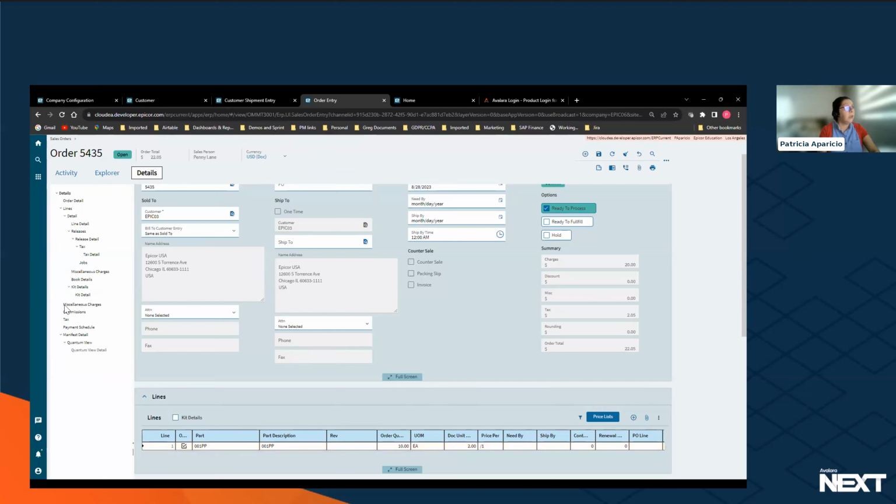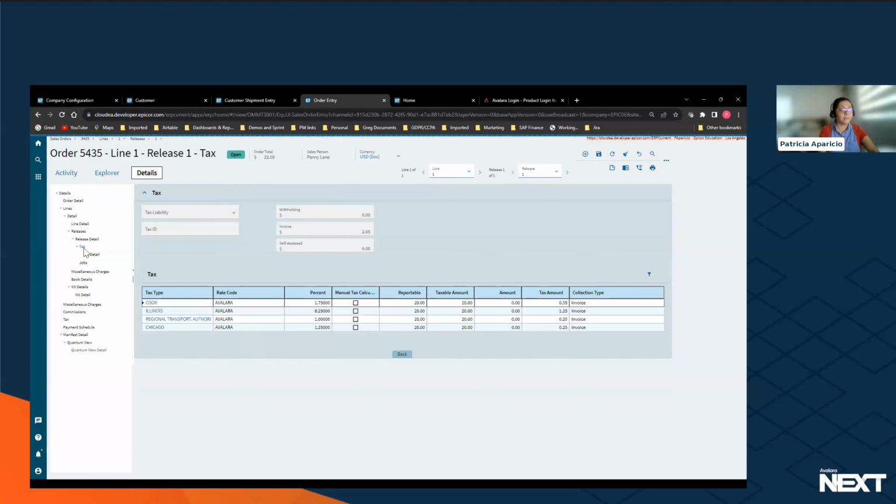It's exactly the same. What changes is that once I save my order, you're going to see that the tax is calculated by Avalara. How do I know that? Because first, the rate code is Avalara. And I can see that I'm doing some transactions from Chicago, so it's taking the rates that are applicable for that specific state, and it's going to break down the taxes depending on the different tax rates that are applicable for Cook, Illinois, regional transport in Chicago, and it's showing all the tax rates that we need to consider